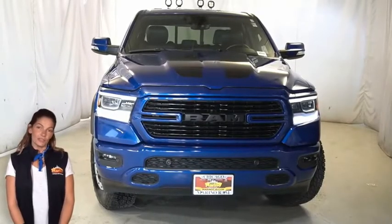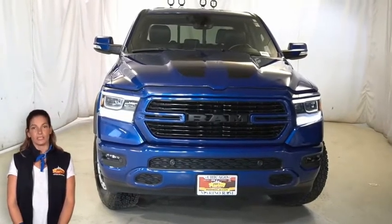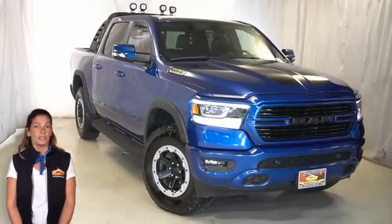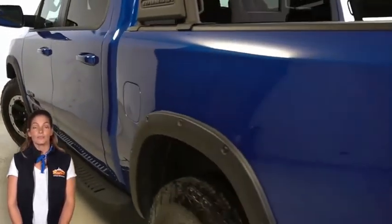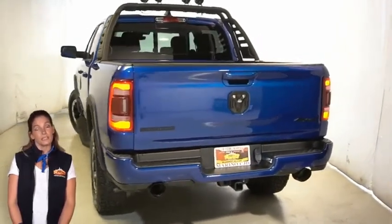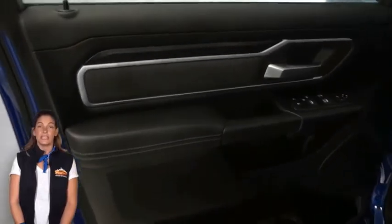Are you looking for a vehicle that blends classic style with raw performance? Take a look at this certified pre-owned 2019 Ram 1500 Bighorn Sport Crew Cab in Blue Streak Pearl with LED automatic reflector headlamps, front LED fog lamps, LED tail lamps, deployable bed step, black interior accents, heated front seats, heated steering wheel,